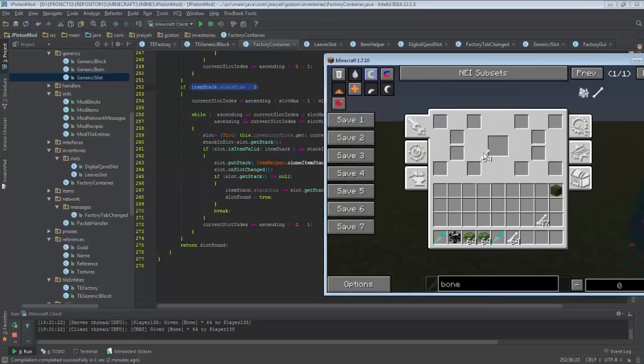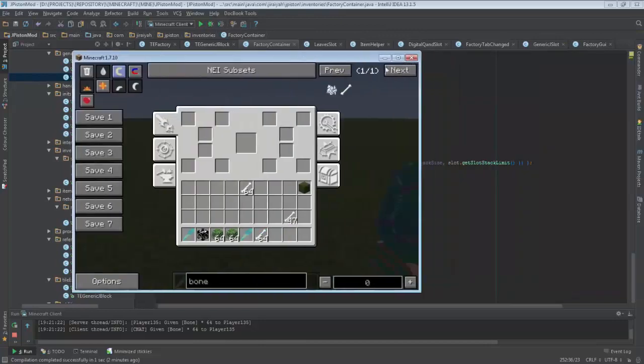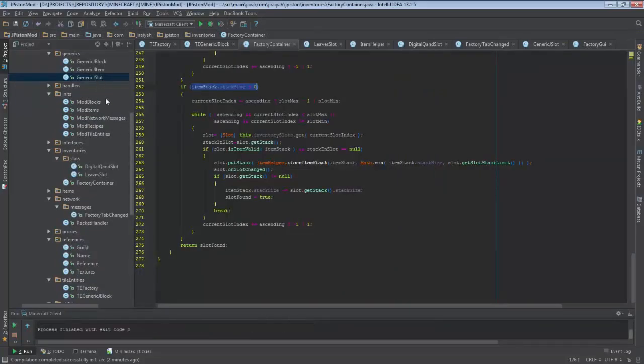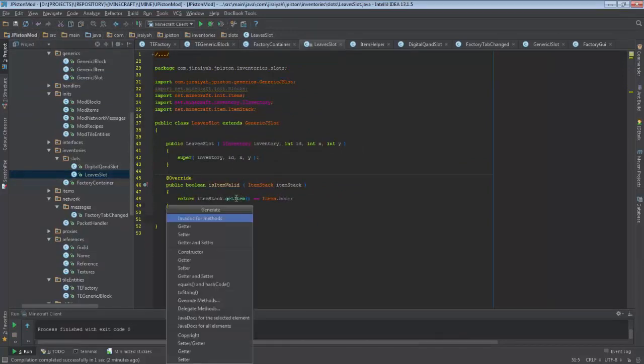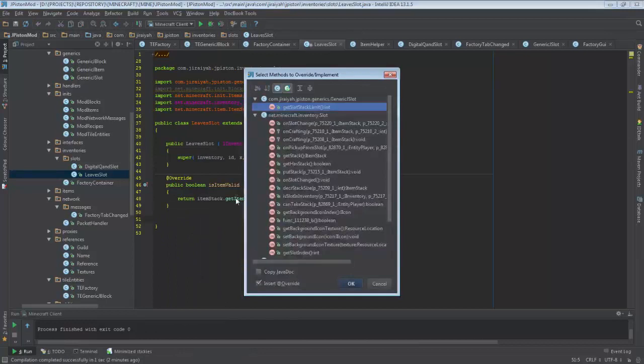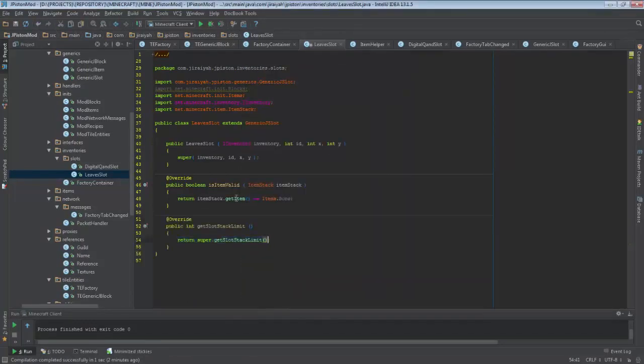Like that. Now, what if I want to accept more than one? Well, it's easy. It's very easy, actually. If I open again my slot class, I need to override another method, getSlotStackLimit, and for example, I will add something like 3 here. Okay? So